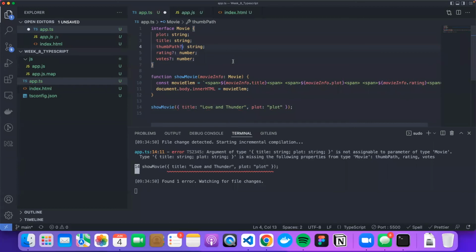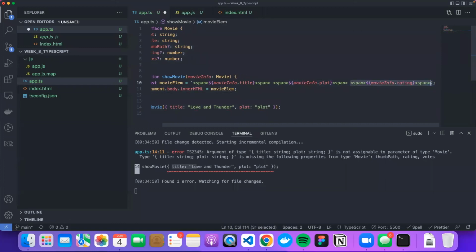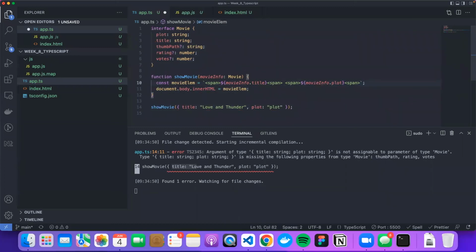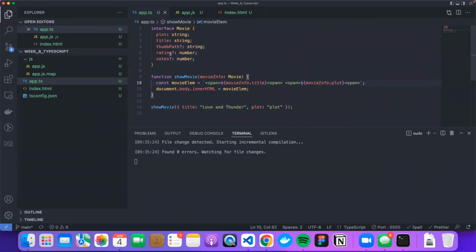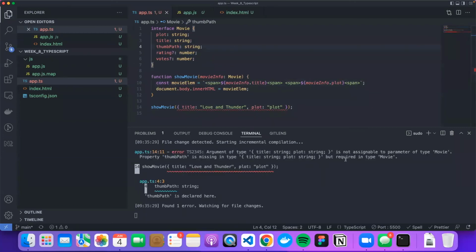What I'm sending is only the plot and title. Plot and title are mandatory. Rating is not mandatory, so I don't want to use it. If I want, I can use it, but if I'm not using it, I'll make this optional. See, no errors. So if I remove this, TypeScript expects that you pass that property